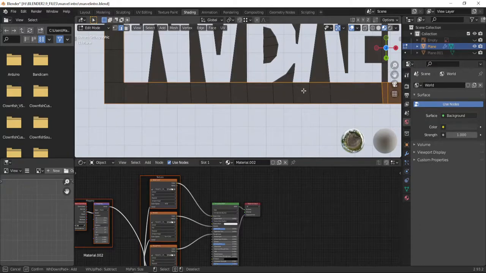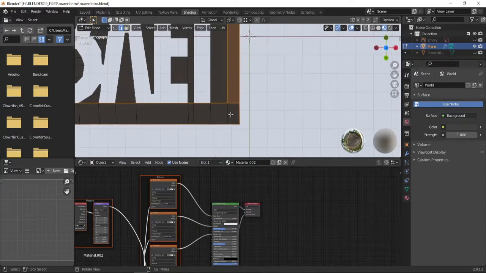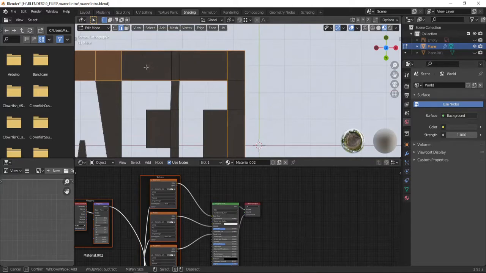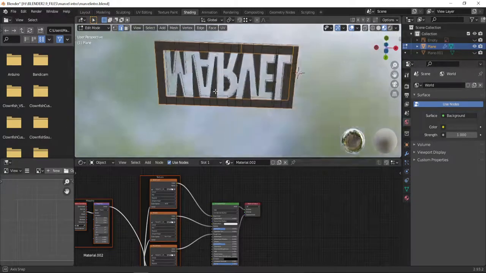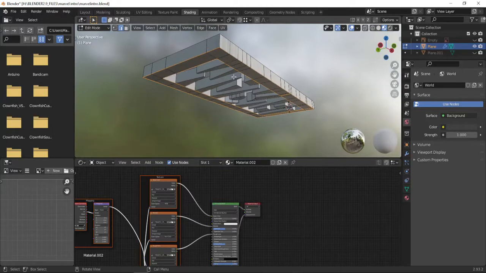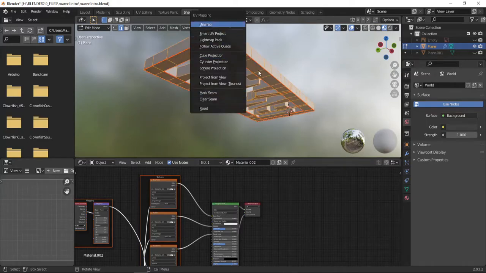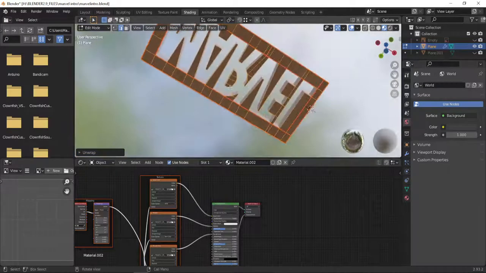So now after this step you should have your edges at the border selected properly for the unwrap or to mark seams. After selecting the right edges, just press U and mark seam. Now press A to select all, U unwrap. Now your texture map should be placed around your 3D model perfectly.